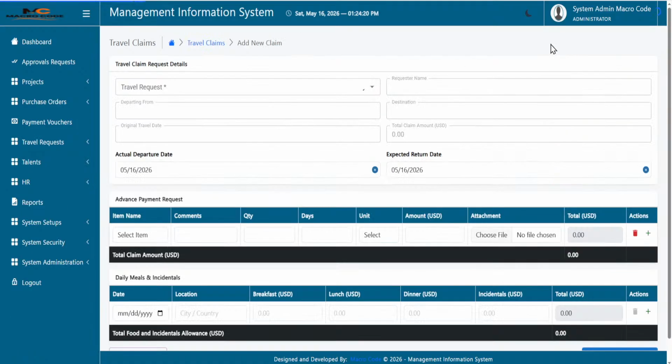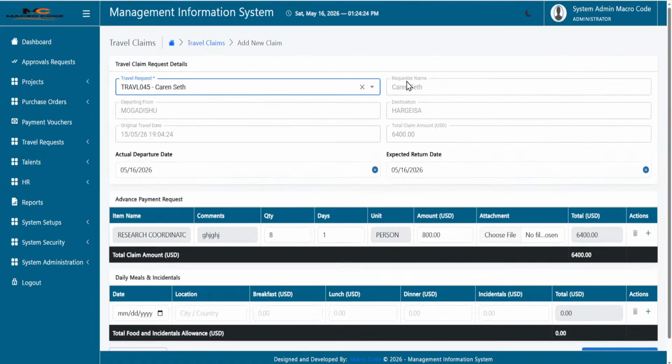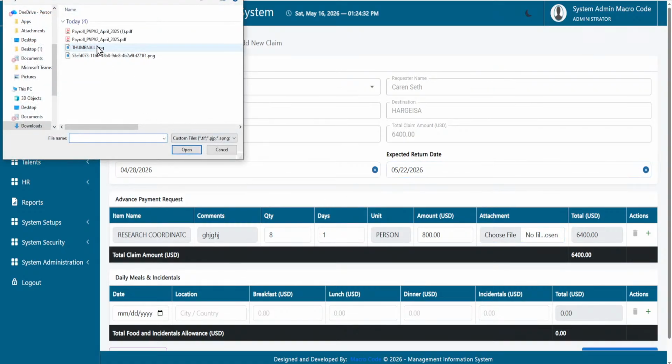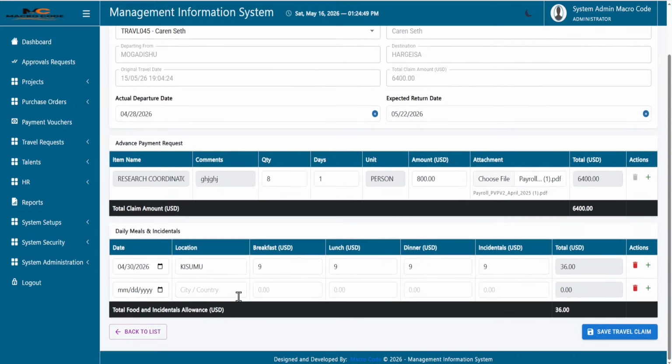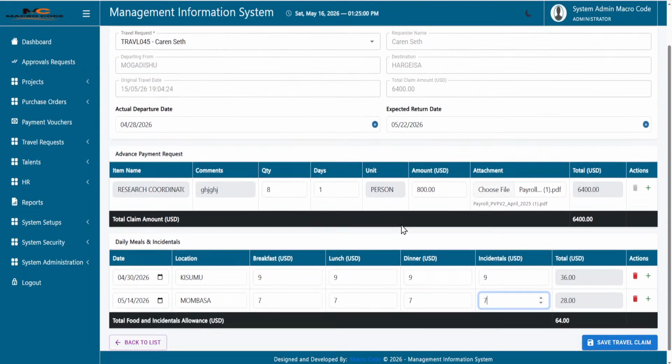So if I do a claim, then I select this. I choose my file. Then I do here, can do here Kisumu 9999. Add another one, say Mombasa. Then if we say save,